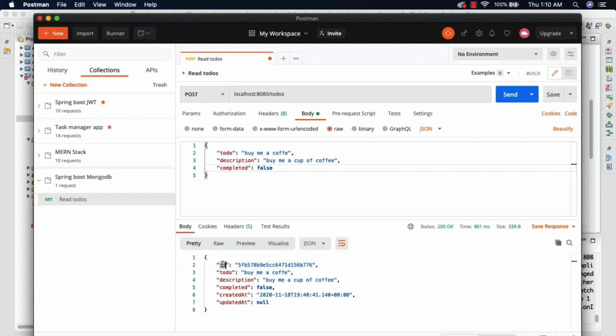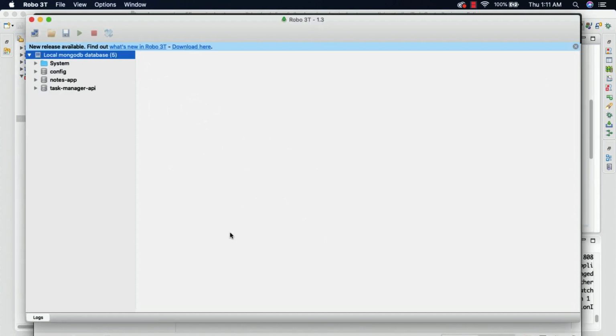You can see it automatically generates an ID and the todo name, buy me a coffee, the description, buy me a cup of coffee, completed set to false, and createdAt and updatedAt should be null. So let's go to Robo 3T and refresh the database, Control R, and okay, for some reason it is not refreshing.